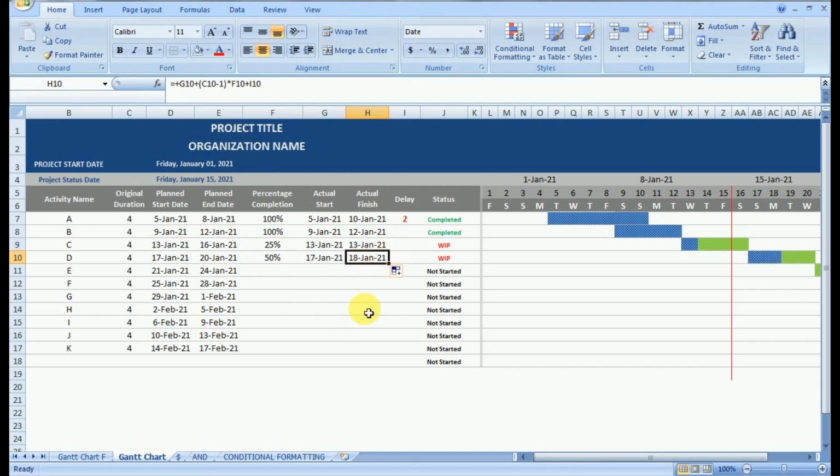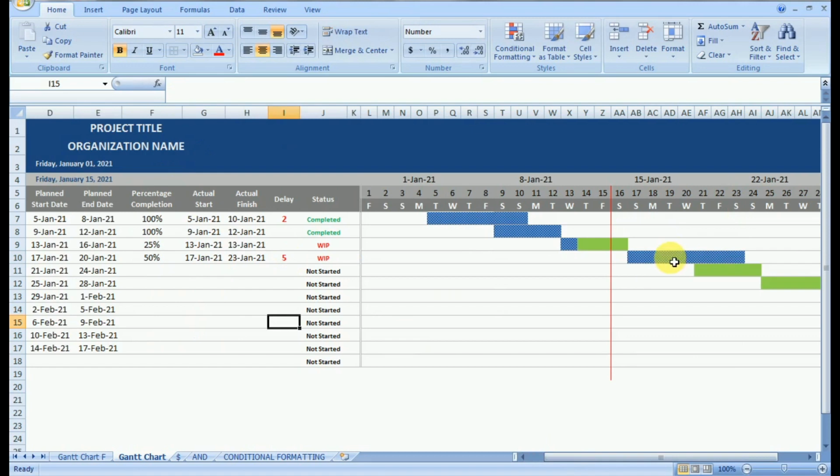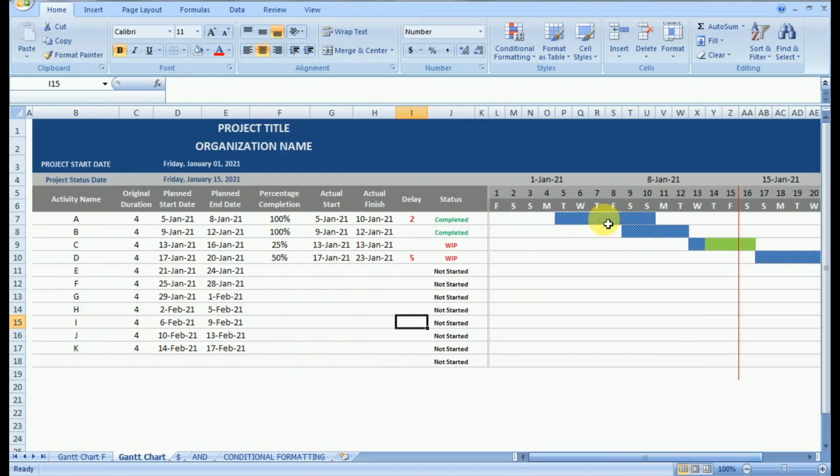We need to have a single objective: the input data should be minimum and the self-generated data by Excel should be maximum to save a huge amount of time. So the variables need to be interrelated through simple formulas. So we are automatically getting the actual finish, we are automatically getting the Gantt chart and the status.